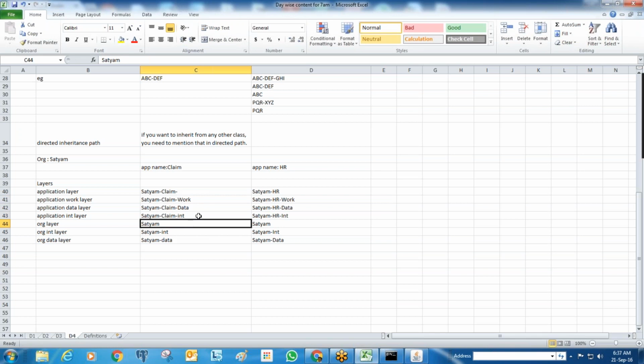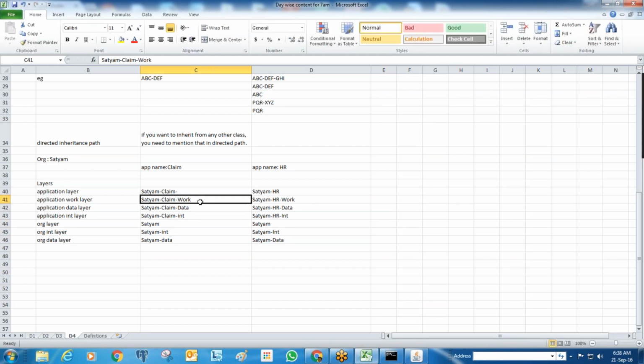And then the Satyam client integration layer. This is where integration rules go. If you are creating any integration rules, you need to save those rules into this class. So when we are creating any rule, as I said, there are two things. One is the rule set, which we already discussed. You need to select it, and you need to choose the class name as well, where you want to save or associate this rule.